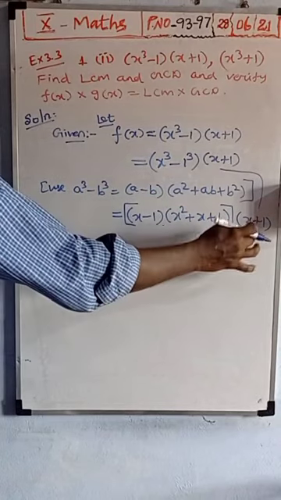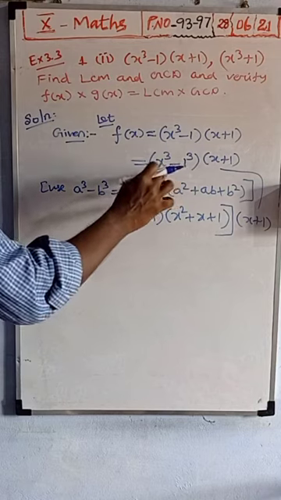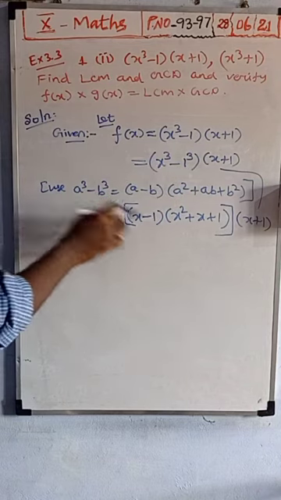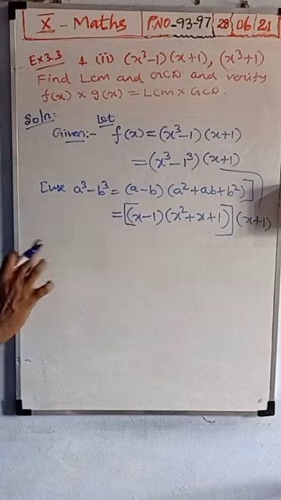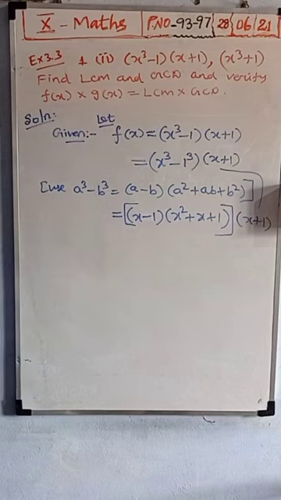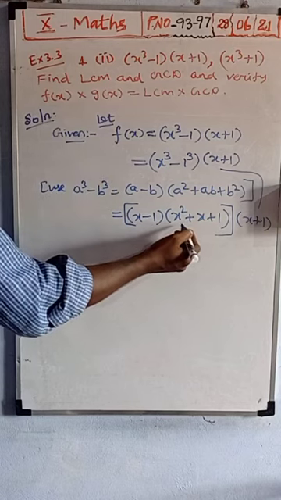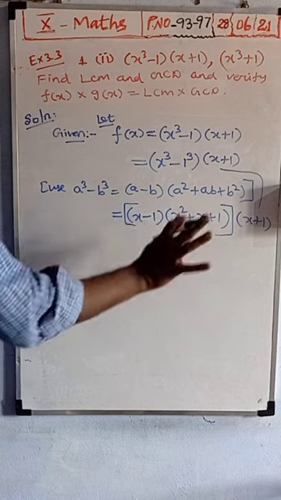Then this x plus 1, right. Now I applied this formula here on x cube minus 1 cube. Instead of that I used the formula and I received this. So this is the factorization of this f of x, in the given expression. This is a quadratic polynomial, but we cannot factorize it, so you keep it as it is.